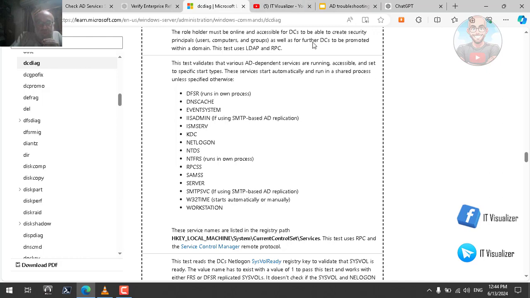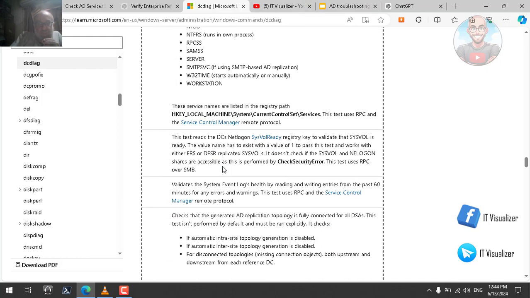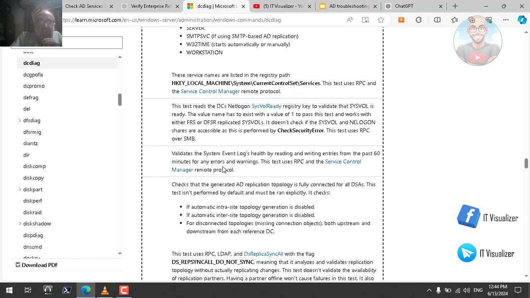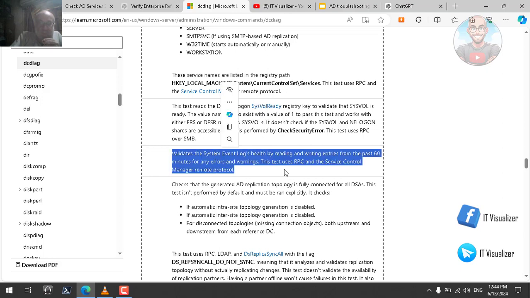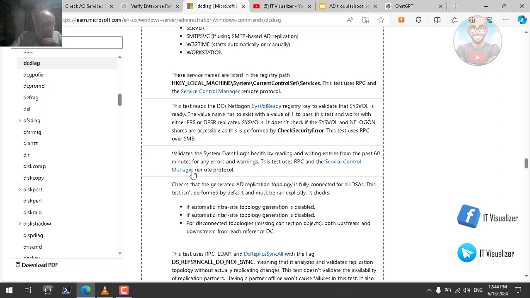If we go to the website, it says that the system log validates the system health or system event log health by reading and writing entries from the last 60 minutes for any errors and warnings. So it will go and check the Event Viewer of the domain controller and check for any errors and warnings relating to the system. This test uses RPC and the Service Control Manager Remote Protocol if you are checking logs